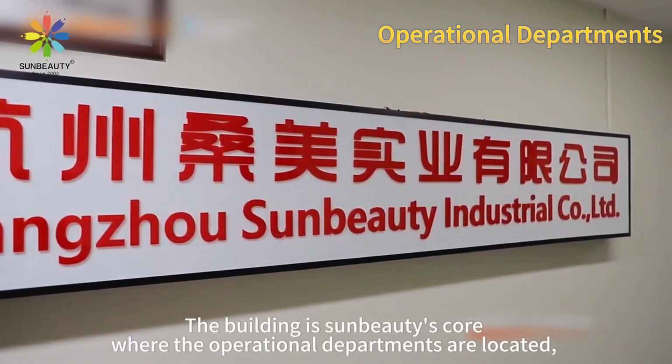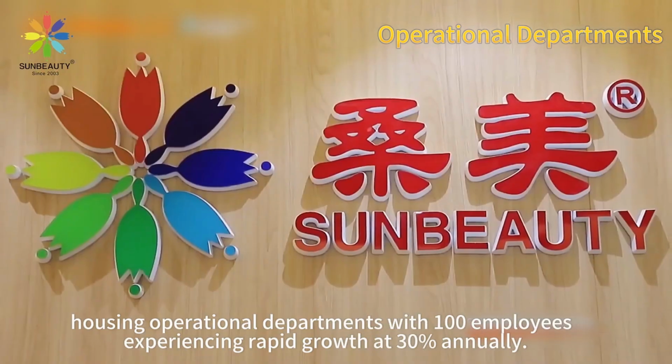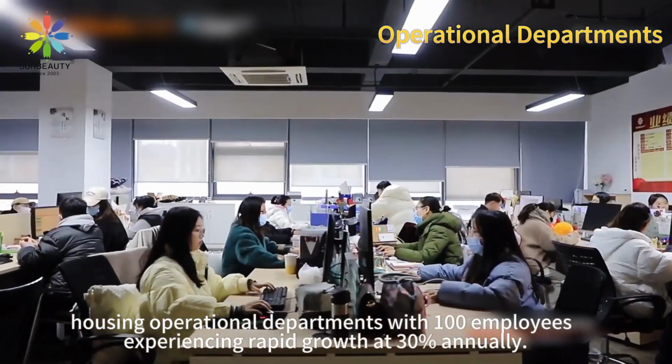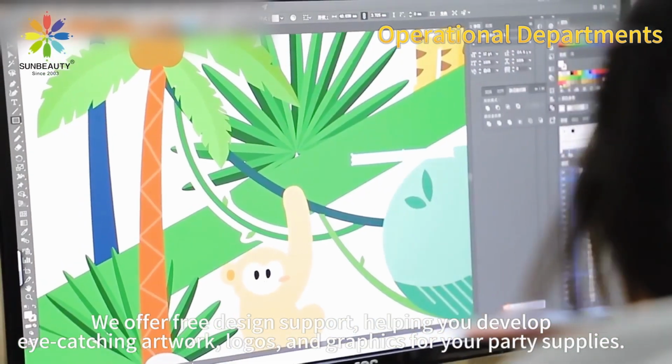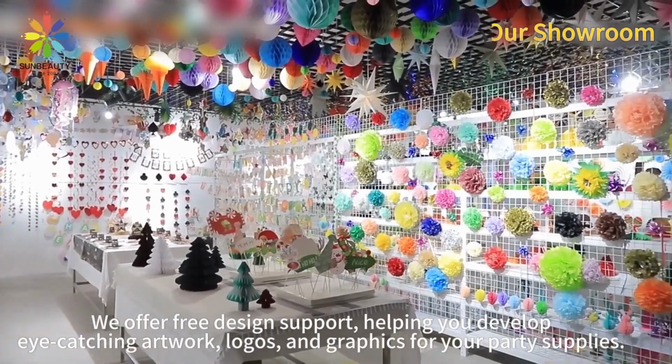The building is Sunbeauty's core, where the operational departments are located, housing operational departments with 100 employees. Experiencing rapid growth of 30% annually, we offer free design support, helping you develop eye-catching artwork, logos, and graphics for